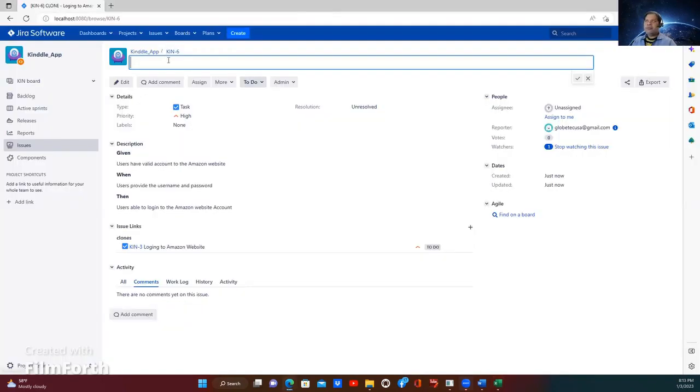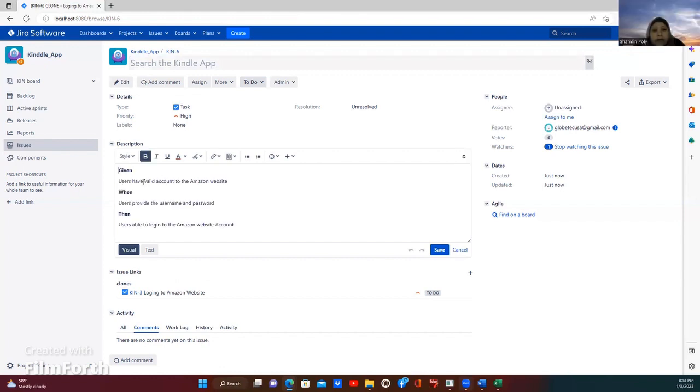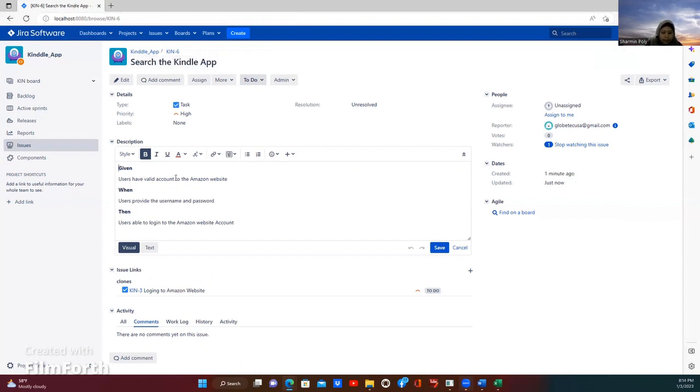You can say search the Kindle app, right? And then you can change it here. So given the user has a valid account in Amazon. So you can say user has internet access and a valid account to the Amazon website. When user provides username, password